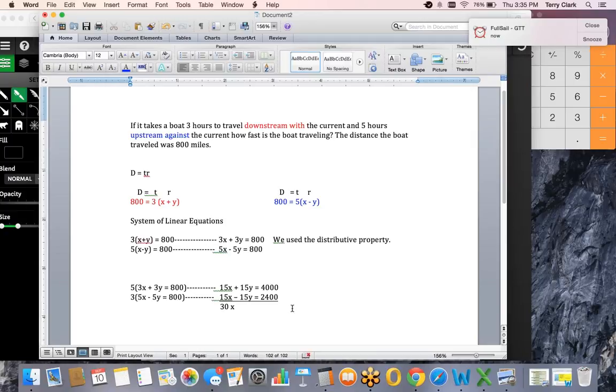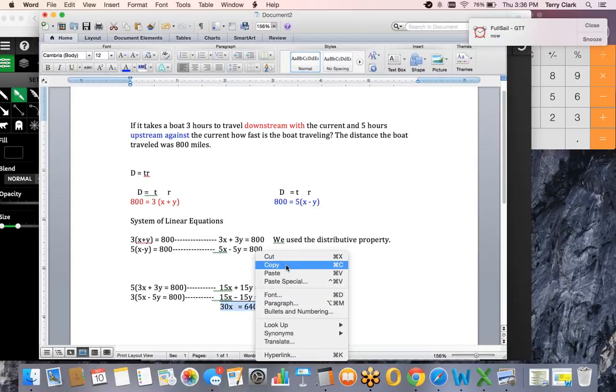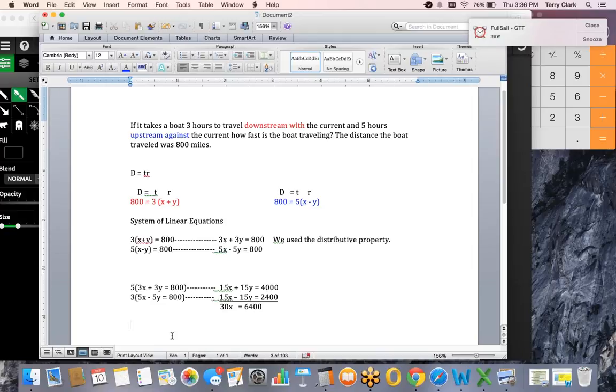And then negative 15 and positive 15 is going to give me 0. So those two things are going to cancel out. So they're going to become nothing. And then I'll have 40,000 plus 2,400 is going to give me 6,400, like that. Okay. So now I got a brand new equation. The other one got canceled. The y's got canceled out by doing this. So now I'm left with